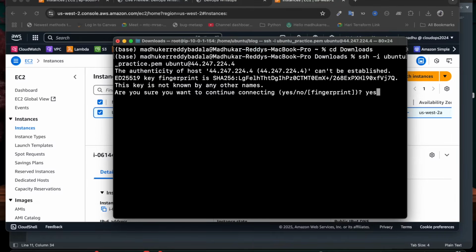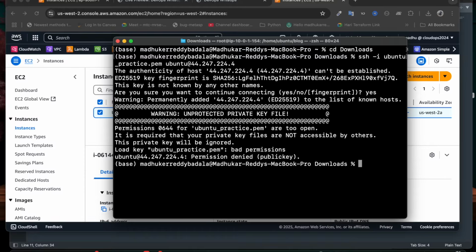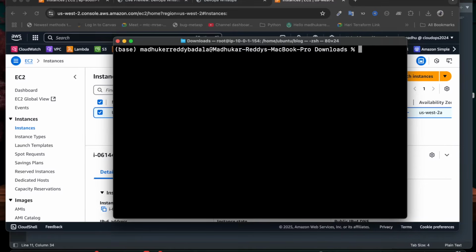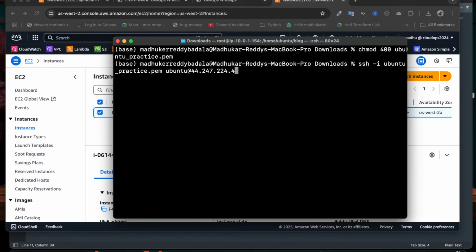I think it's going to give an error. Yes, this is expected because we need to change this key's permissions. Whatever key we got, just change the permissions. I'm going to explain this command in later modules, but just run it for now: chmod 400 and give that file name. If you want to rerun commands, just use the up arrow for previous commands. Okay, and then run.